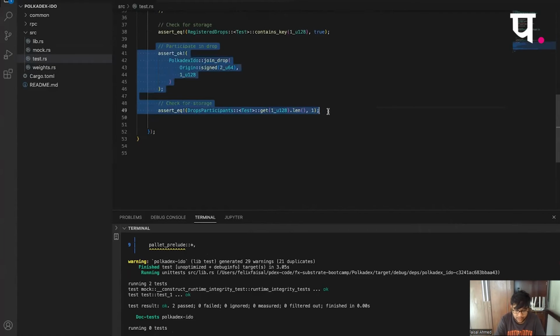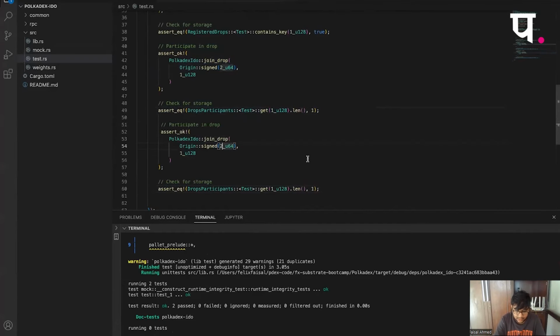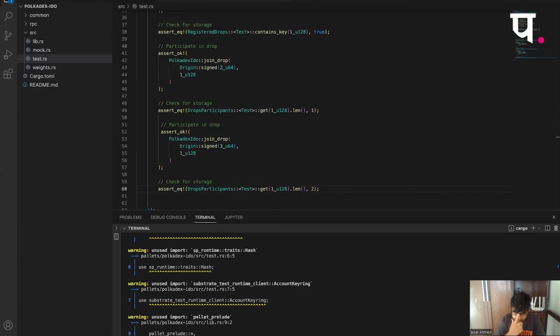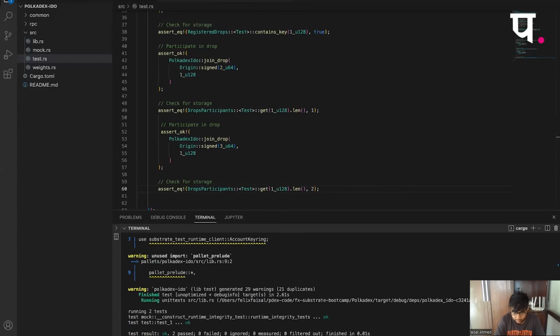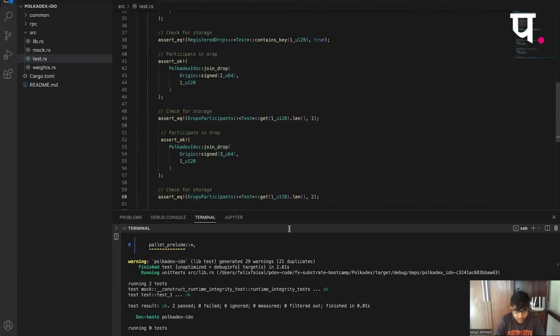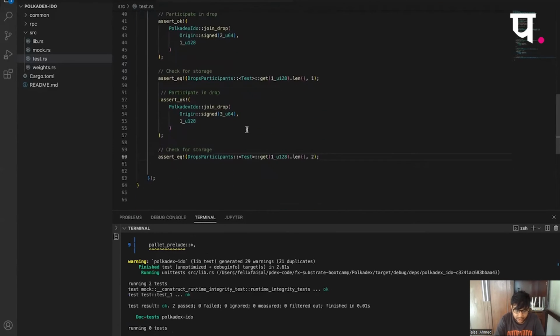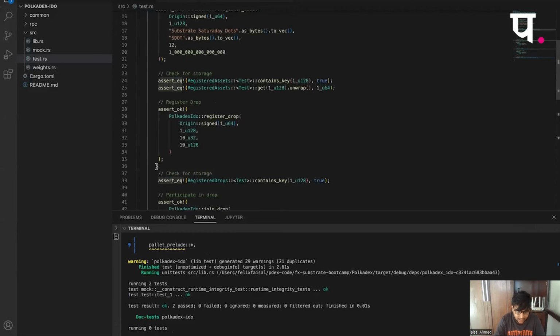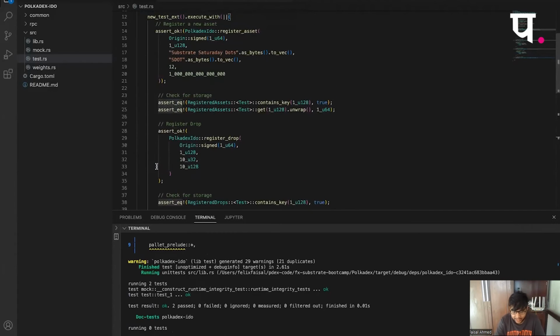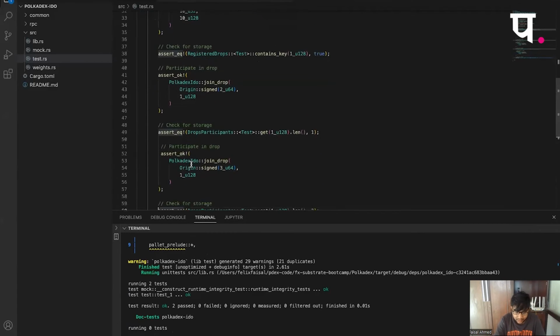So let's do this for another user. Let's say there is another user 3 that does it. So we just set it that way. And since it gets appended to the vector, this will be 2 now, and we do it again. Yeah, so this works. So now the things that we're trying to do in the Explorer, we've actually done in 60 lines of code instead of manually clicking and checking events to see if it has been transferred.